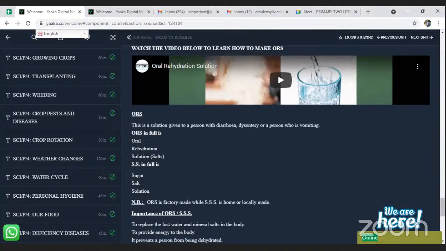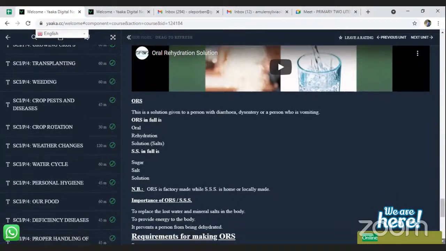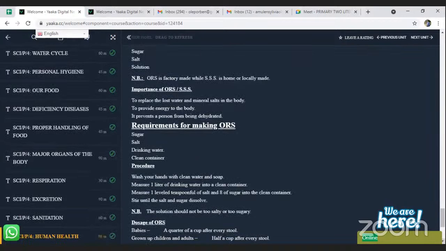Importance of ORS or SSS: to replace the lost water and minerals in the body, to provide energy to the body. It prevents a person from being dehydrated. Requirements for making ORS: sugar, salt, drinking water, clean container. Procedure: wash your hands with clean water and soap. Measure 1 liter